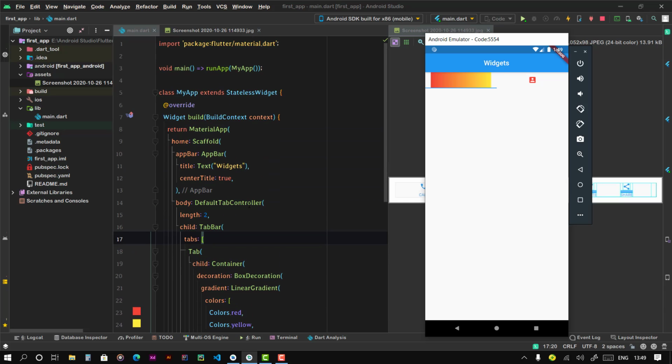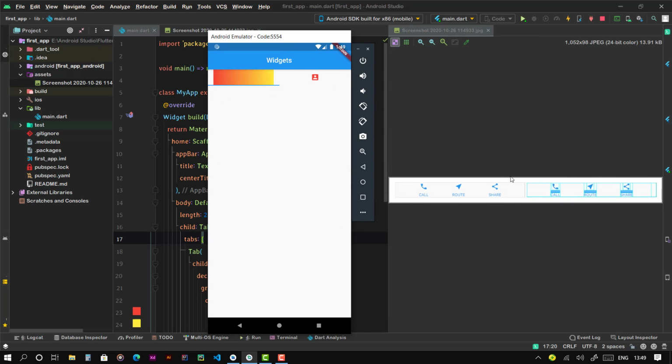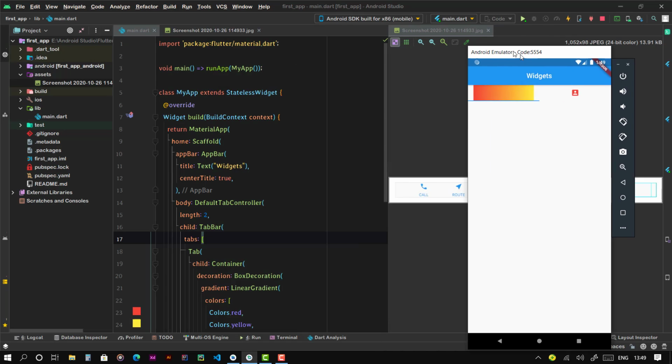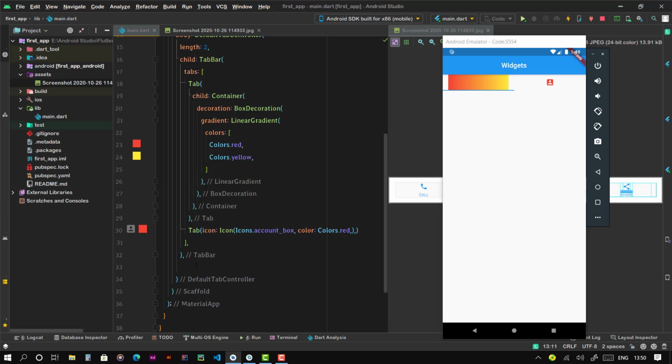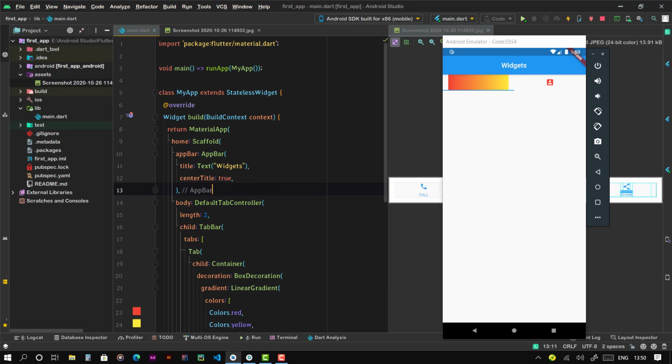We learned different types of stateless widgets, which included a scaffold layout, a container layout, a center layout. We learned about app bars, we learned about texts, we learned about buttons, we even created gradients, we created this tab layout here. We even discussed how to make this example that we had taken at the beginning. We implemented that. In the upcoming videos, we'll be discussing how to create stateful widgets, and we'll try to create a login screen and a sign up screen with this basic knowledge of widgets.